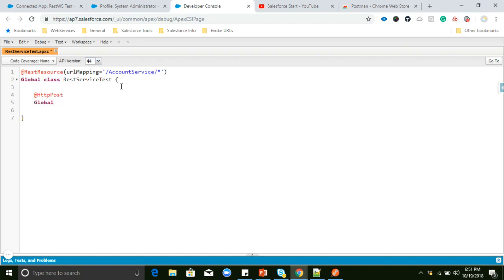For example, if you want to call this class from outside of the organization, global static methods only. Static string doPost. Just I'm returning something.